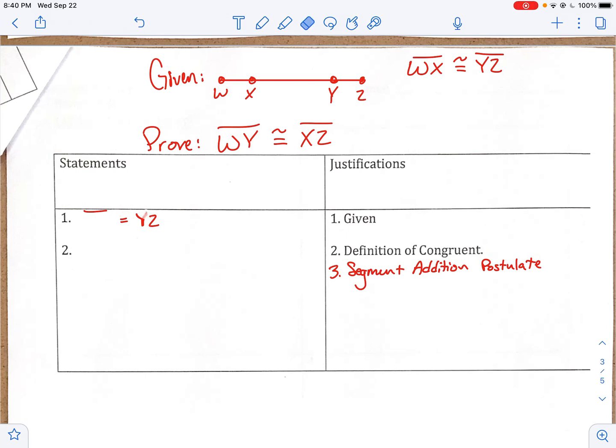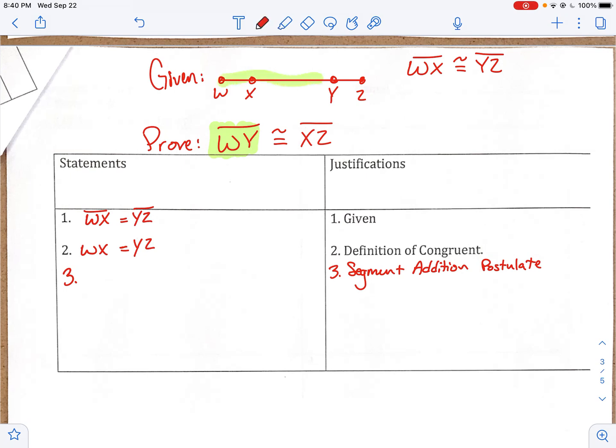My definition of congruent. So if they're congruent, what do I know? If they're congruent, they are definitely equal. So WX equals YZ. Please disregard the lowercase y. I am just incapable of drawing an uppercase Y right now. And 3 I gave you was the segment addition postulate. But what segments do I really want? Look back at your prove statement. What did they want me to prove? They wanted me to prove something about WY